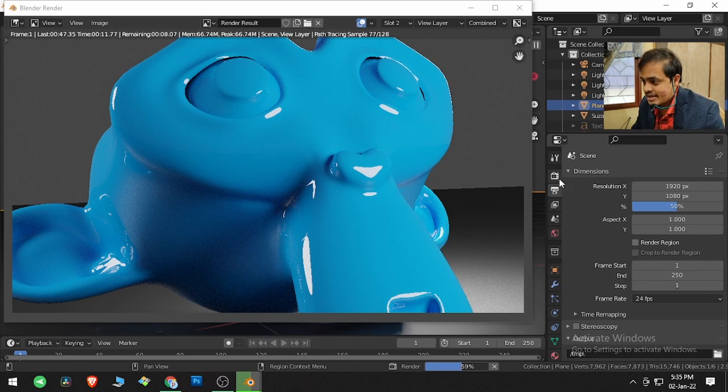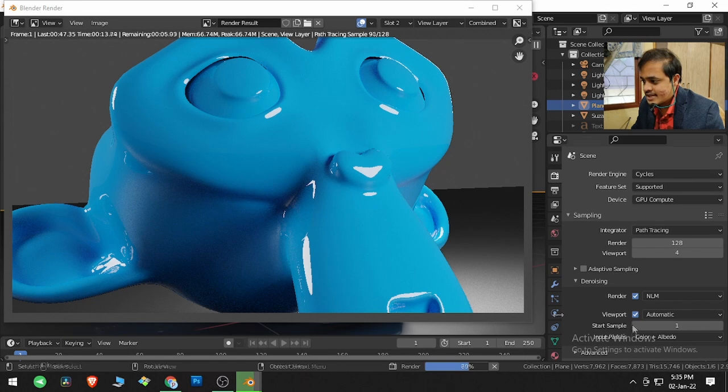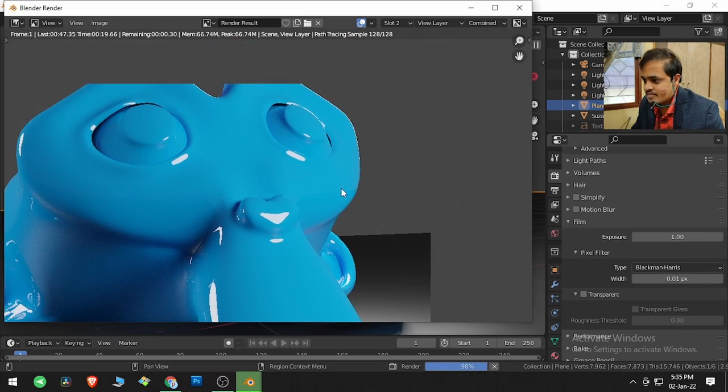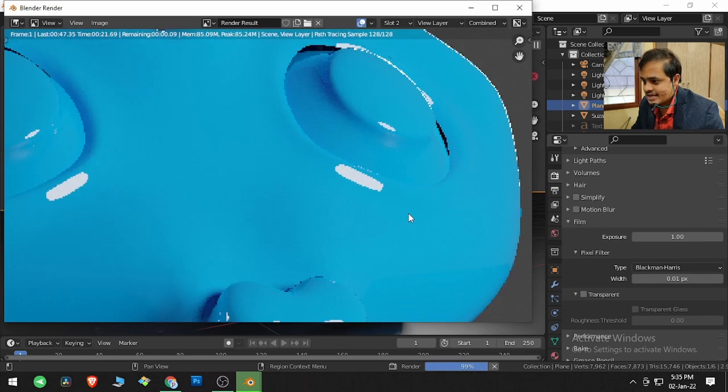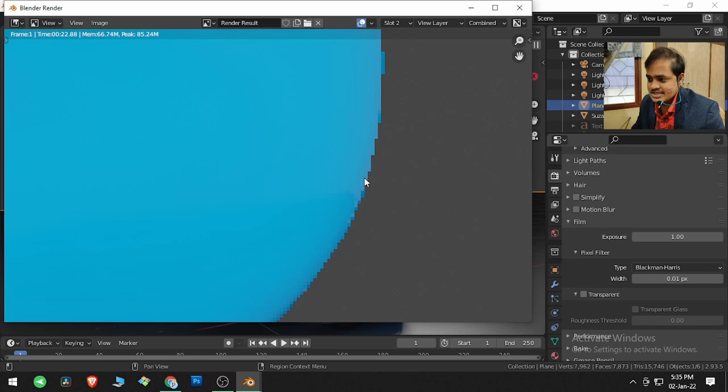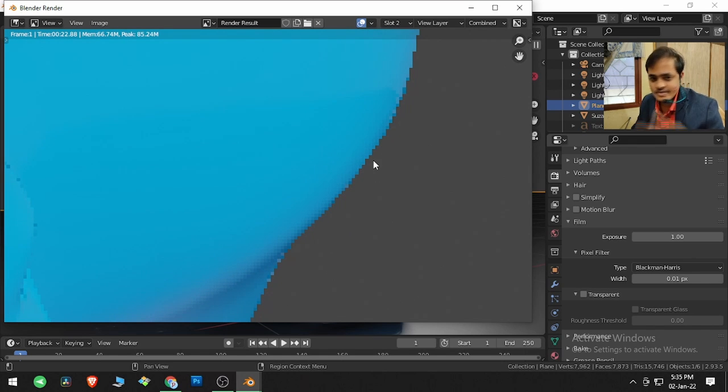We have rendered this with a pixel filter of Blackman Harris with width 0.01. What it actually does is it brings these edges, if you see, they are jagged edges. The edges are very sharp and very bright.